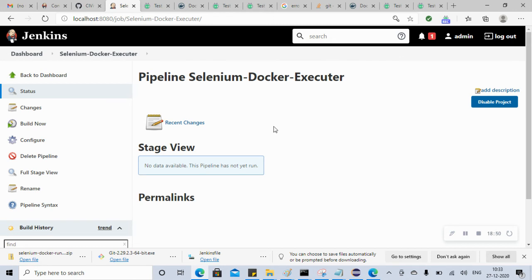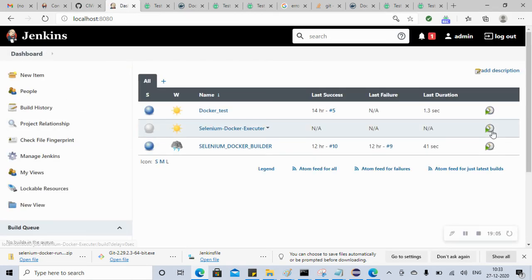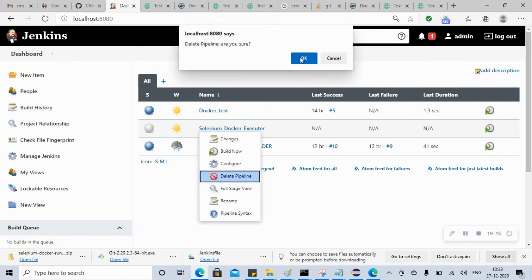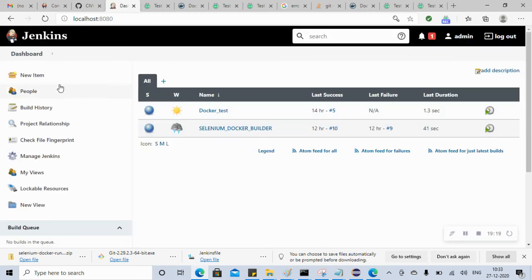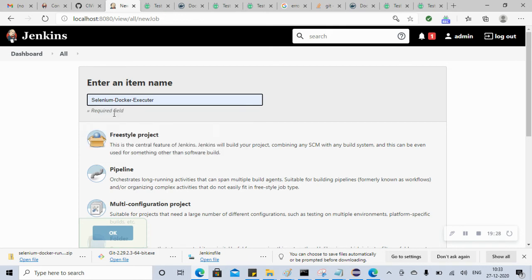Let me delete it and do it again so that you can better understand it. So go to the configuration. Okay, delete this. So let's create a new one. We'll say Selenium Docker executor. So we are saying again Selenium Docker, and this is a pipeline because it will read the Jenkins